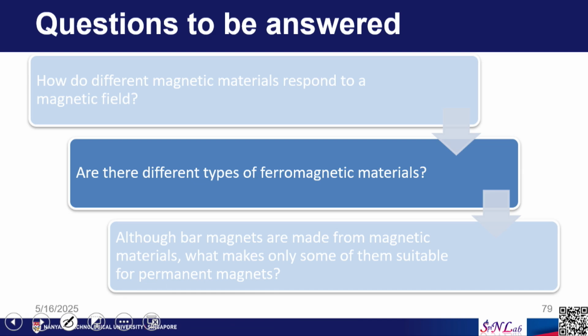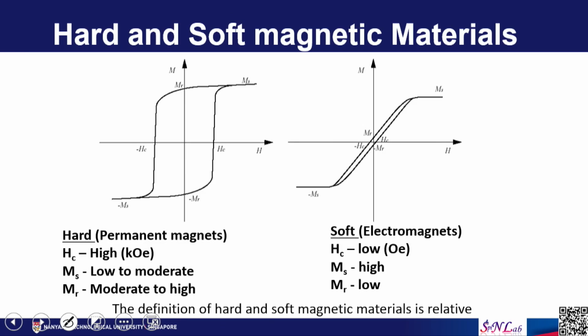So, the next question that I am going to answer is, are there different types of ferromagnetic materials? Yes, based on how they respond to magnetic field, we can classify the ferromagnetic or ferrimagnetic materials into two types. One is called hard magnetic material and another is called soft magnetic material. This has nothing to do with the mechanical hard or soft property, but is related to how easy or how hard it is to